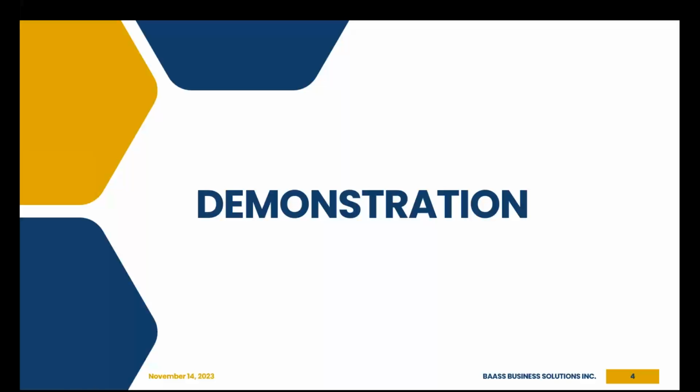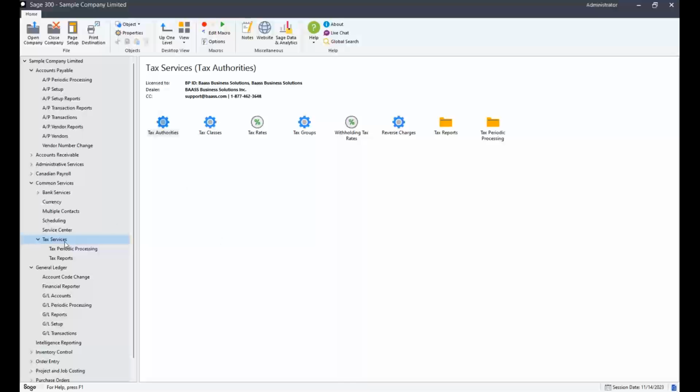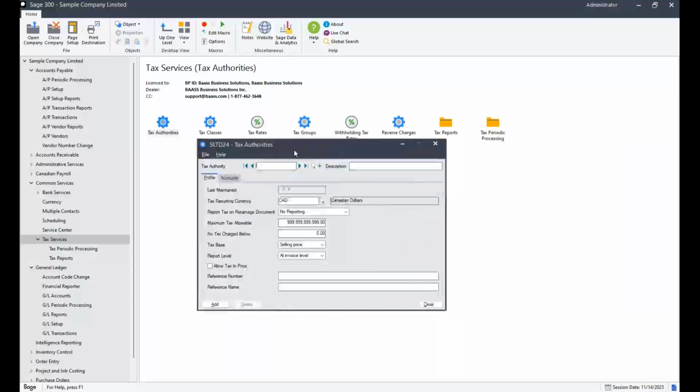Okay, so let's have a look at what it looks like in Sage. So the tax services module is part of what's called common services, which means it is a sort of mini module that can be accessed by all of the other modules. It is configured as part of these 4 icons. And again, the idea here is that it is universally configurable for pretty much any tax scenario anywhere in the globe. So to give you a sense of the configurability,